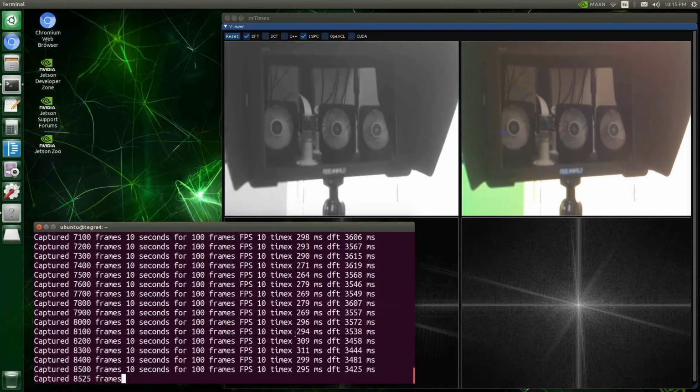With ISPC, as you can see, the numbers are in the high 290 something range, maybe a little 309. But if I go to OpenCL, so here's when I switched. Actually, I'm going to ignore this line and not count it, but this is where I switched. This line is sort of a mix,